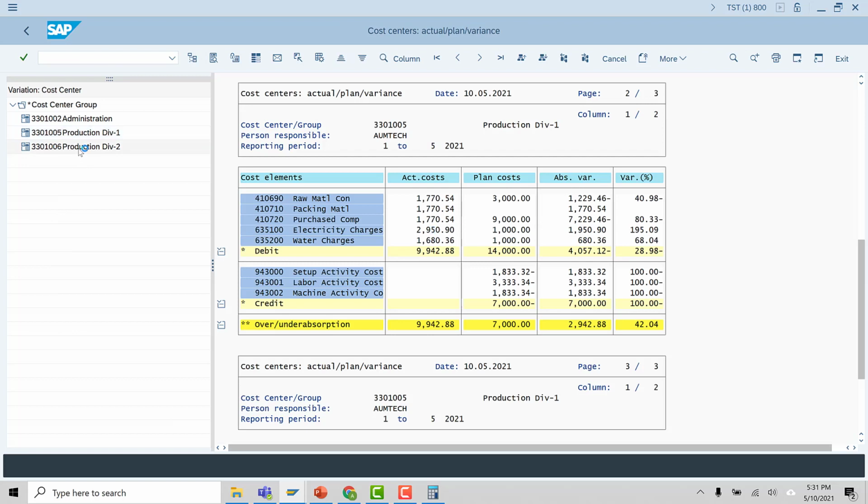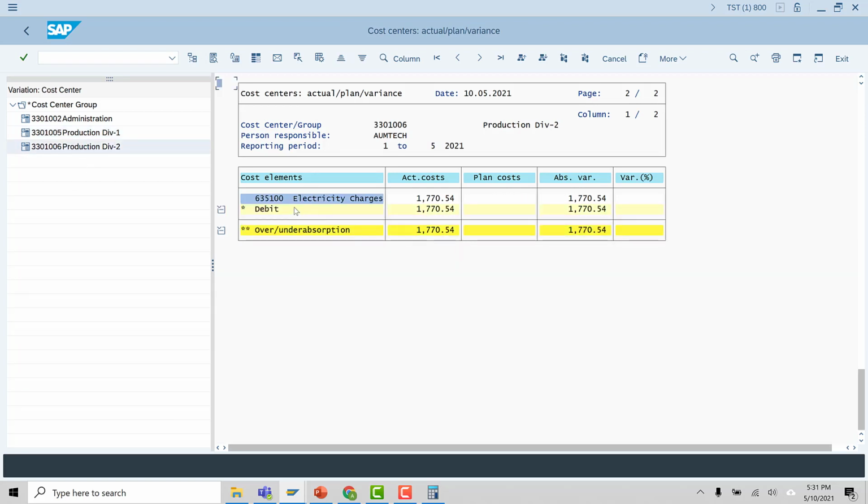Look at the next cost center. This was not there. Now it has received. This is the only entry, and this is 1770, right? And this it has received from the sender cost center. Very important: you notice this happens in distribution, that the sender cost element 635100 appears in the receiving cost center, that is 3301006. This is the amount 1770.